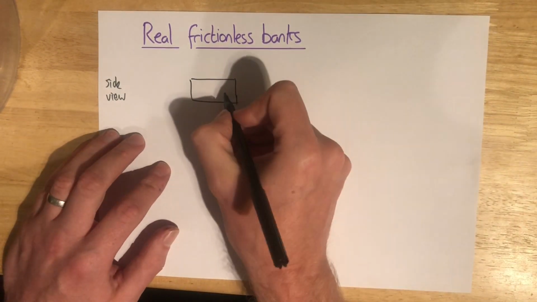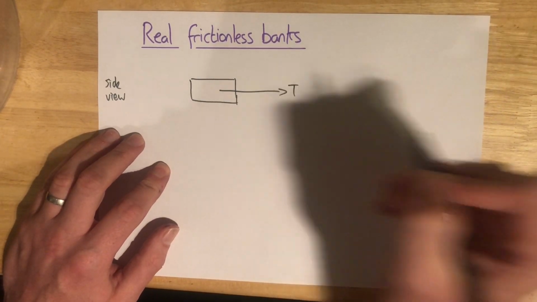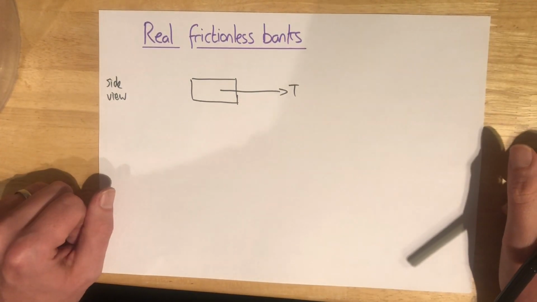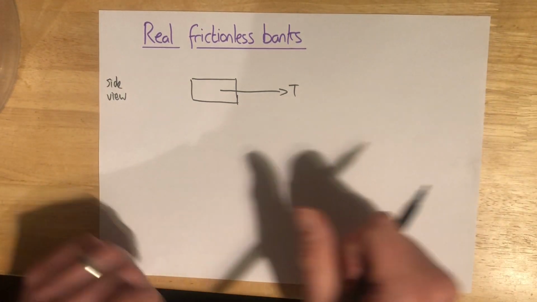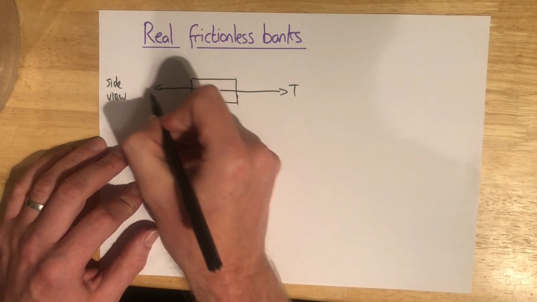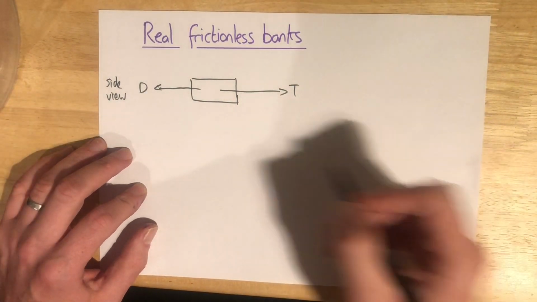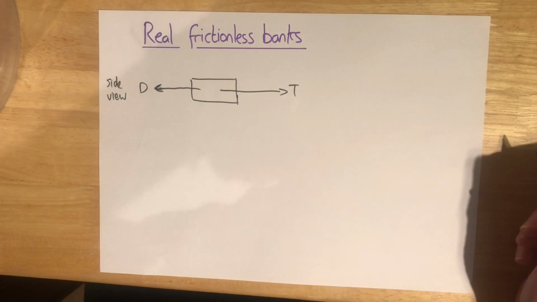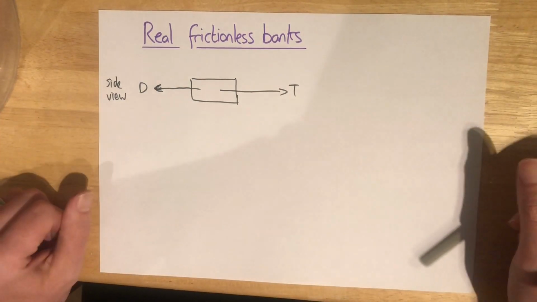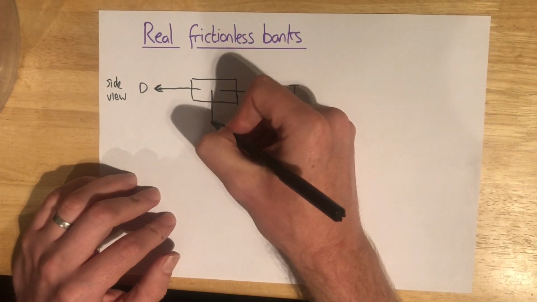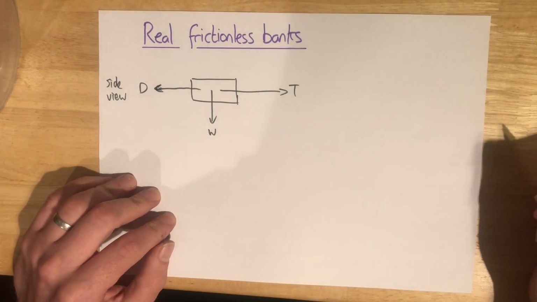acting on it. It will have a thrust force forwards, provided by the engines. Depending on the number of engines, it depends on how many actual forces there are, but we can combine it into one. There'll be drag, again made up of some different components. There's profile drag, skin friction drag, all sorts of different things. But if we just group them all together, drag acting backwards, we've got the weight of the aircraft acting downwards,